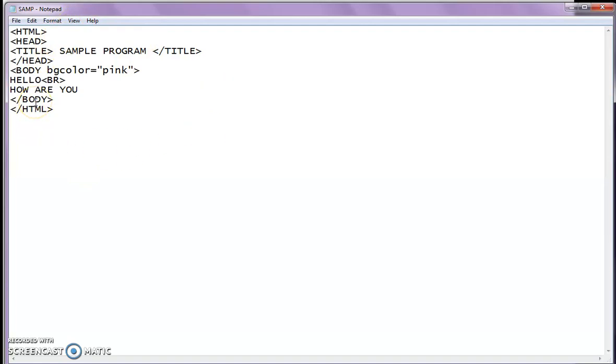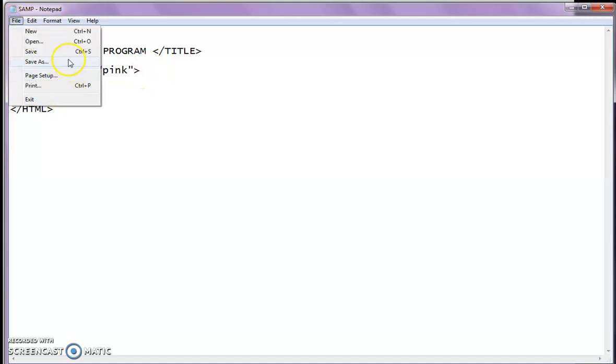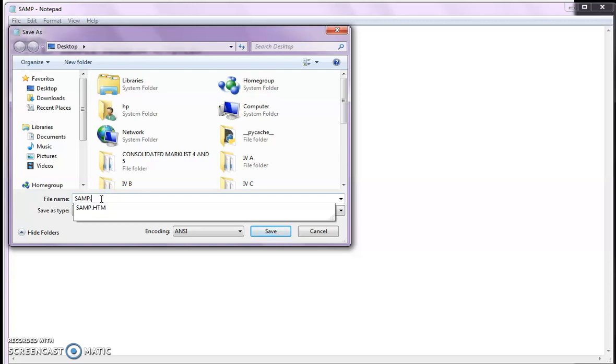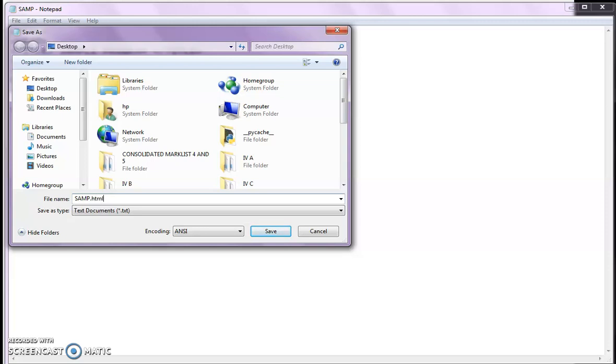So this is a sample HTML program. Now I have already saved this program. When you save a program, the extension should be .html or .htm.